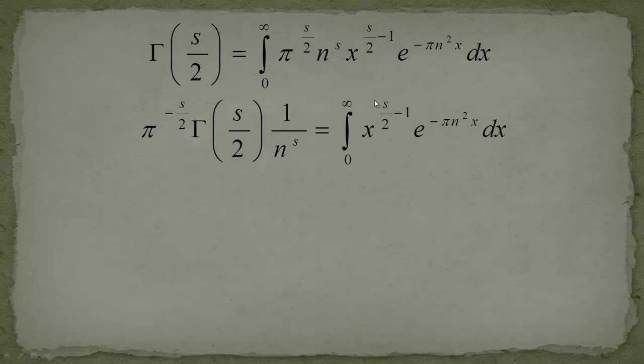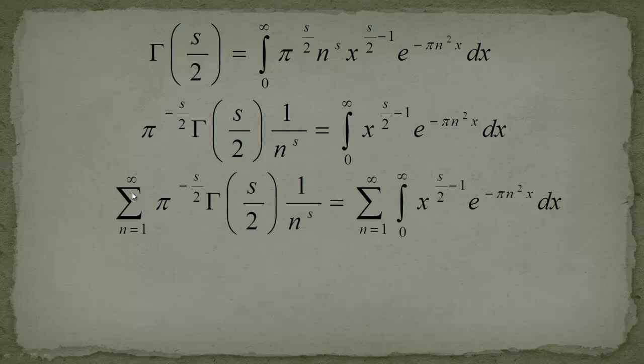Now you see on the right hand side we are left with this kind of integrand, which is an integral from 0 to infinity. What we will do in the next step is we will sum over all the natural values, so 1 to infinity. Why do I do this? To get here, for this expression, I will get the zeta function,